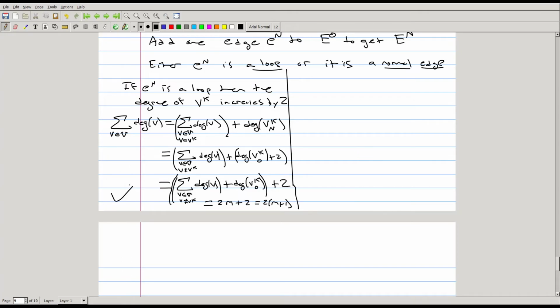So we've shown that the inductive step holds if En is a loop. And the idea here is that if En is a normal edge, this proof is almost exactly the same. We have that if it is a normal edge, then for two separate vertices, Vi not equal to Vj,